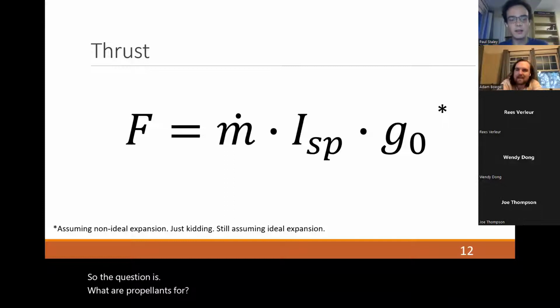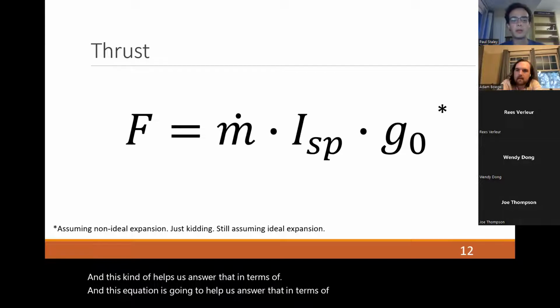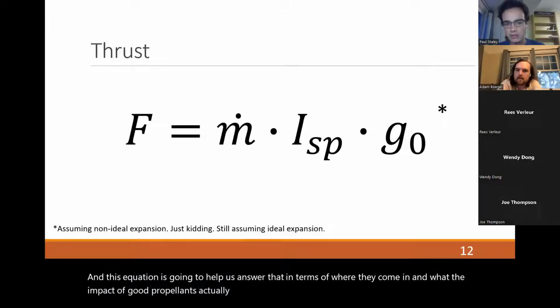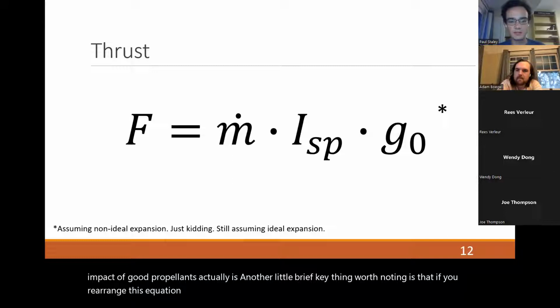And this equation is going to help us answer that in terms of where they come in and what the impact of good propellants actually is. Another brief key thing worth noting is that if you rearrange this equation slightly,